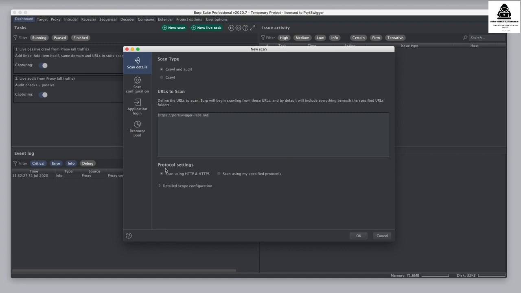Under protocol settings, you have an option whether to scan using both HTTP and HTTPS, which is the default, or whether to scan just using the specified protocols that you've given. So in general, if you aren't absolutely sure whether an application uses both protocols and has content and functionality on each one, it's best to leave the default setting. That's all you actually need to do to perform a default scan, is just give Burp the URL and click